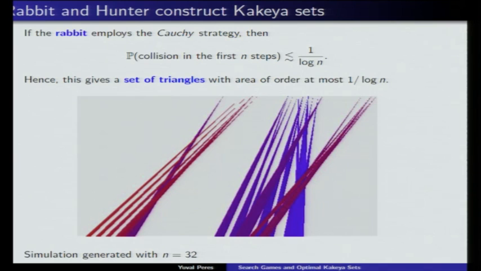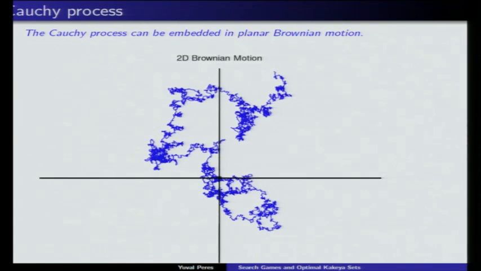Okay, so towards the end, I want to say what happens when we pass to the limit in this construction and then go back to infinite graphs. So I told you before that Besicovitch already constructed such sets that have 0 area by a clever kind of recursive embedding, but he never gave a formula for a Kakeya set of 0 area, or a Besicovitch set of 0 area. And this process, passing to the limit, allows us to do so. So let me show you that.